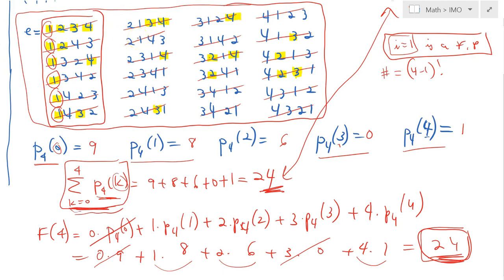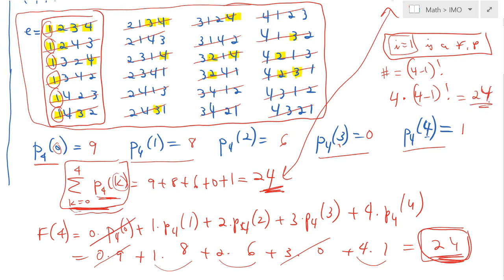And so on, 3 is fixed and 4. So there are 4 different ways we can choose the fixed point, and then for the remaining n minus 1 elements, or in this case 4 minus 1 elements, we just look at the permutations, which is just 4 minus 1 factorial, and we come up with 24,